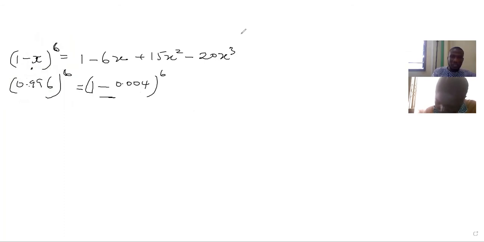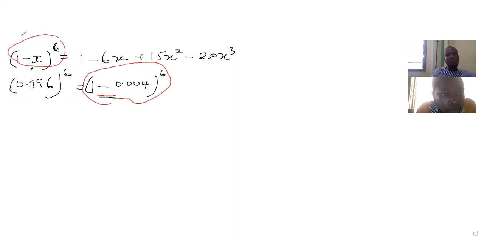Let me use the red ink again. We are going to compare this bracket here. Let me circle it, to this bracket here, to help us find the value of x. Okay, and then by comparing, we will see that